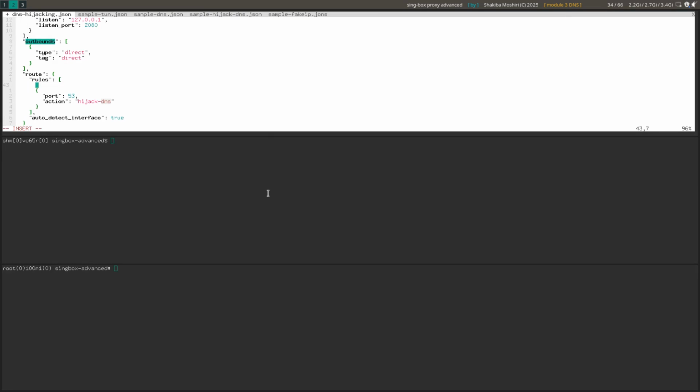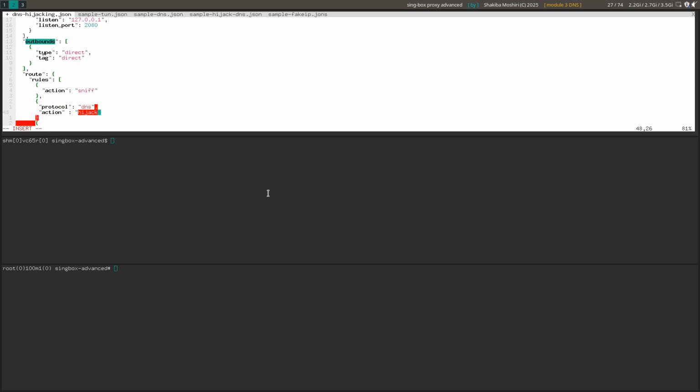We define the action sniff, instead of spoofing, but it is sniffing. And then we define the protocol, which is DNS, and then action is